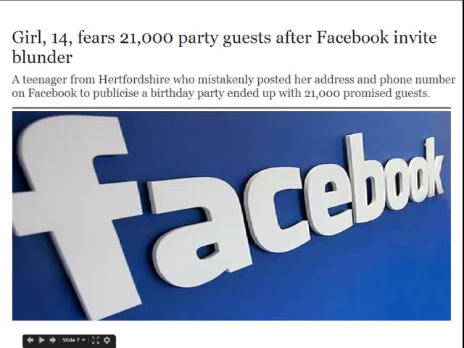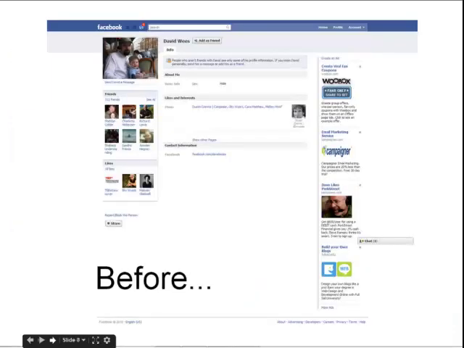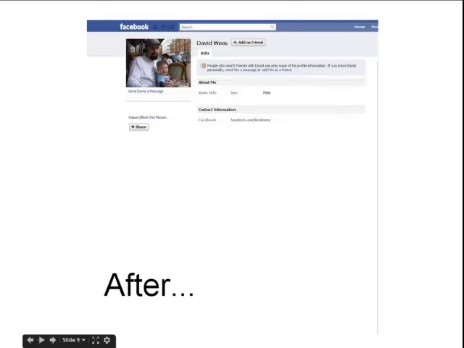Then talk about Facebook and the potential issues there. Of course, we want to balance with the idea that this is a communication tool, and that all communication tools have their benefits and drawbacks. But sometimes with the amplification effects of social media, we're not really sure where stuff is going to go. Then, of course, my own privacy settings on my Facebook. This is before I set my privacy settings really securely. This is afterwards, and a discussion of why that's important to do.